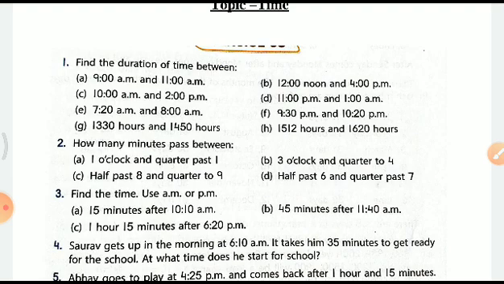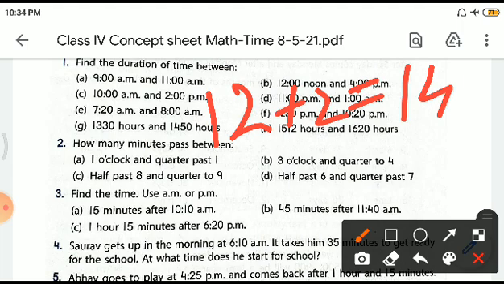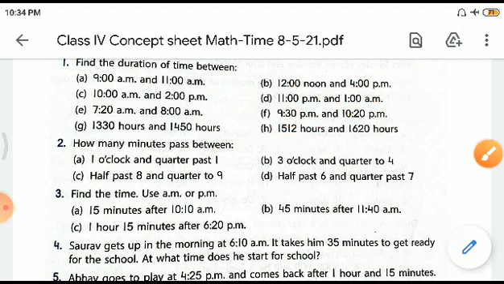Always remember PM time is greater than AM, because we follow two patterns, 12 hour and 24 hour. Now 2 PM written in question C is as per the 12-hour format. If we have to convert it into 24 hours, it will be 12 plus 2, that is 14 hours. Now from 14 we will be subtracting 10. Similarly in A, 11 minus 9, we all know it is 2 hours.